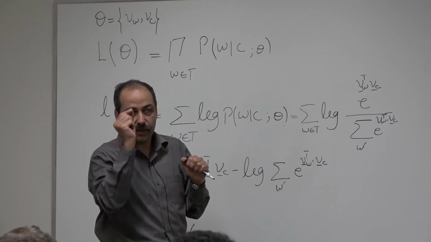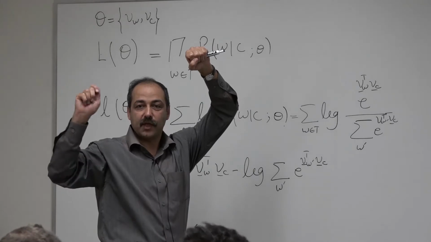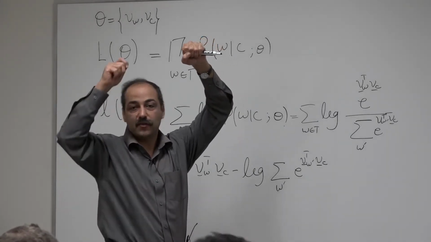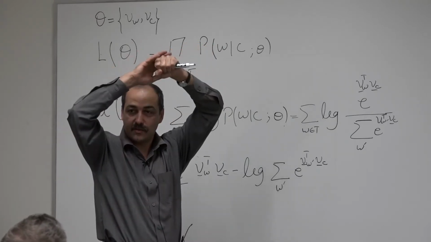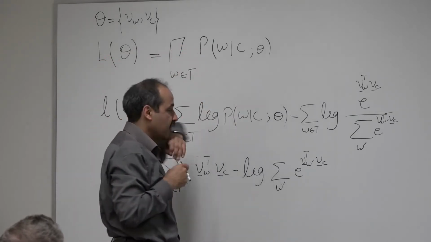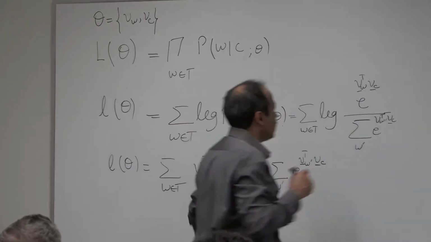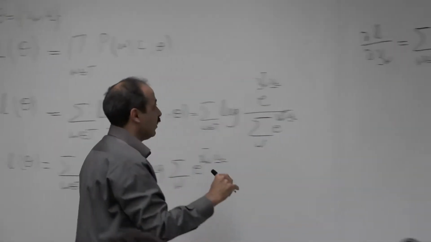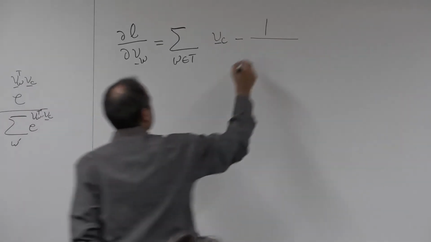You perturb something, the derivative of this object with respect to this: I perturb this, how much will this change? I have a scalar, take the derivative with respect to a vector. Each element of this vector will be perturbed and this is going to change. So it's a vector, which gives me the direction of change. So the first term would be this vector minus the derivative of this log, which is going to be 1 over this value